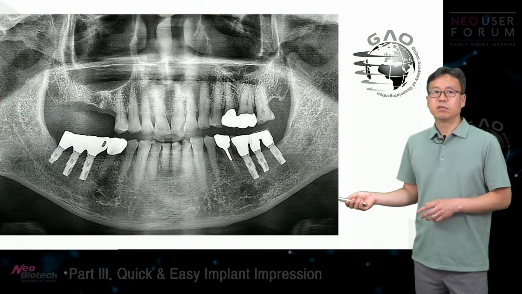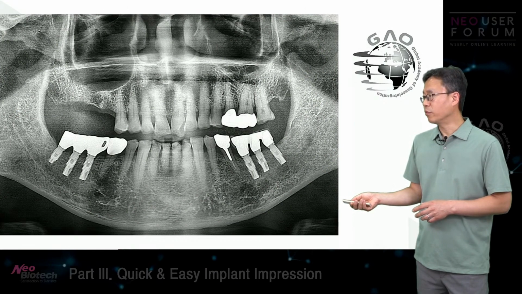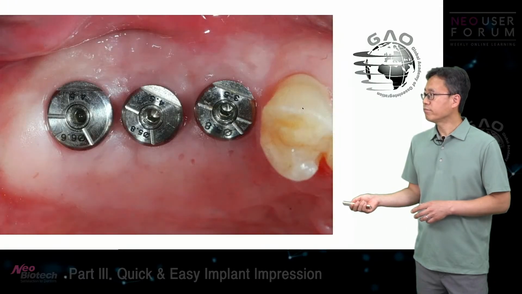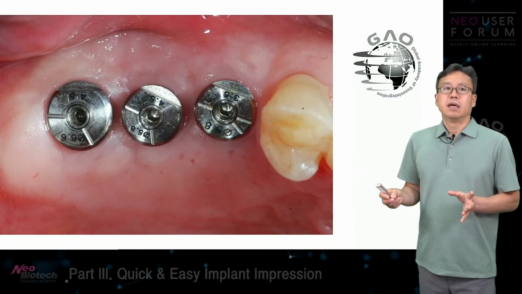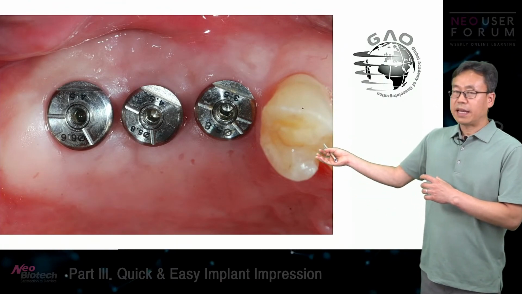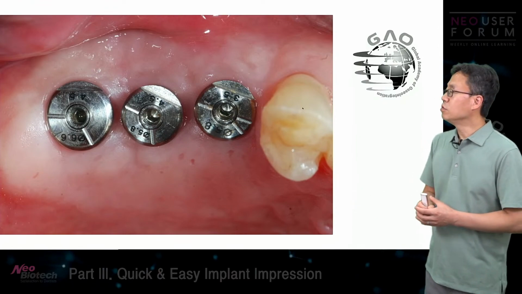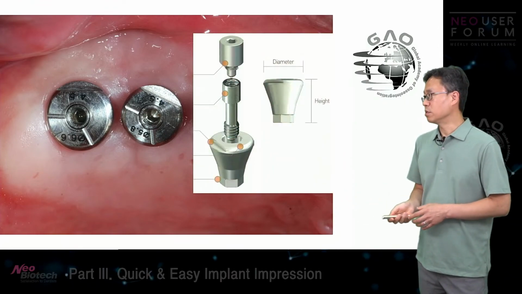Another example, this is a pre-op panoramic view for number 15 through 17. And I placed 3 implants. And this is the impression stage of those 3. I've used something called encoded healing abutments